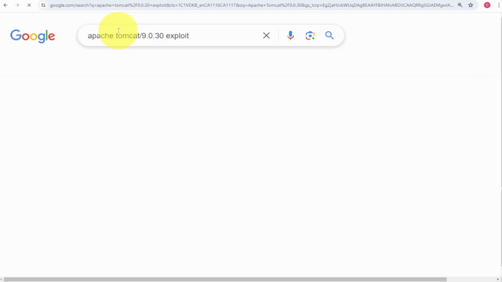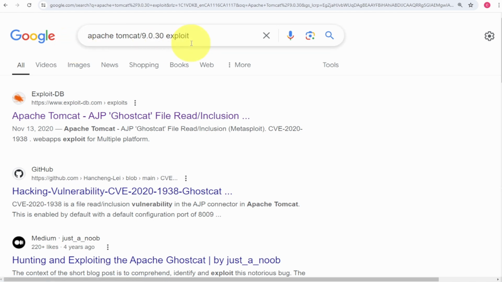Okay, so we can click on this search term right here, Apache Tomcat 9.0.30 exploit, and immediately we have an entry from Exploit DB. This is the exploit database, and a lot of challenges in Hack The Box and TryHackMe make use of exploits from Exploit DB. So let's check this out. Apache Tomcat AJP GhostCat file read/inclusion. So we can click on this link,